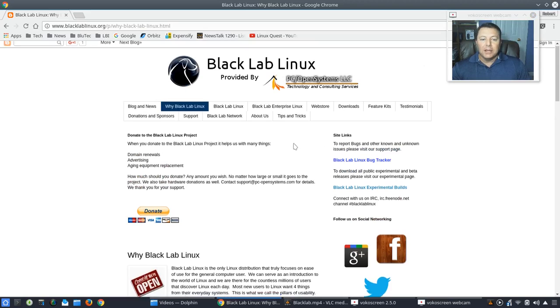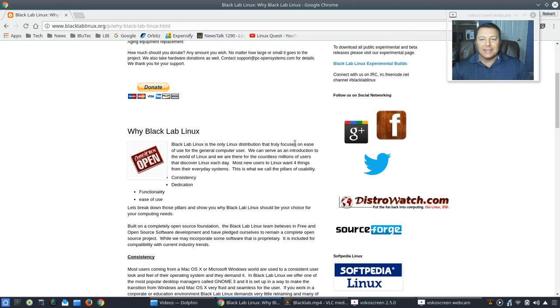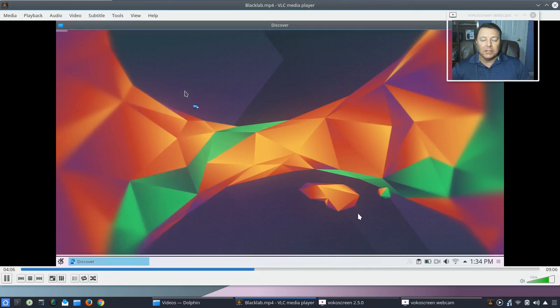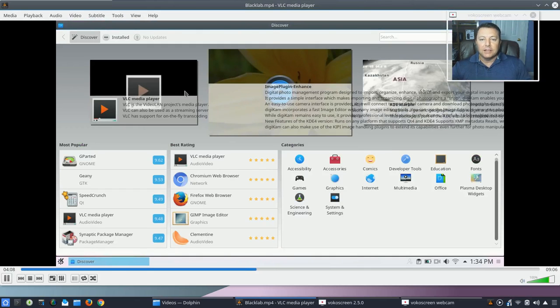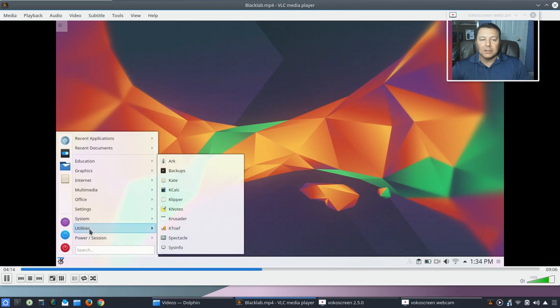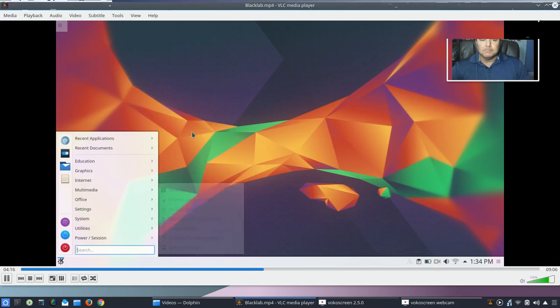So, when I read that, it gave me a moment to pause and say, okay, well, what are you doing that's going to be so radically different? And I'm not coming down on Black Lab Linux. I think, under the right scenario, it would be a perfectly fine distribution for someone who is looking for a KDE desktop environment and a stable